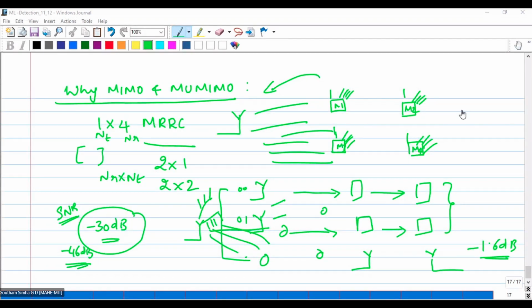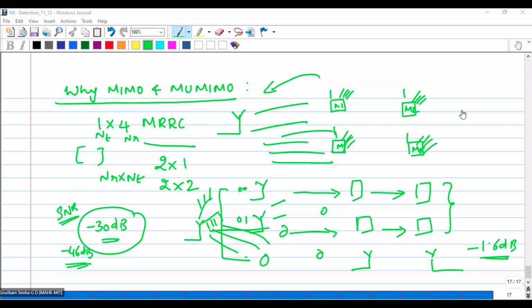Generally, if the course is handled by a single faculty for individual sections, it would require, at least for me, around 52 hours to complete this wireless communication. 52 hours minimum. I'll not go beyond 60 or so, because the first 5 to 8 classes would be dedicated to probability, random processes and fundamentals of linear algebra. Then only you can appreciate all these facts.